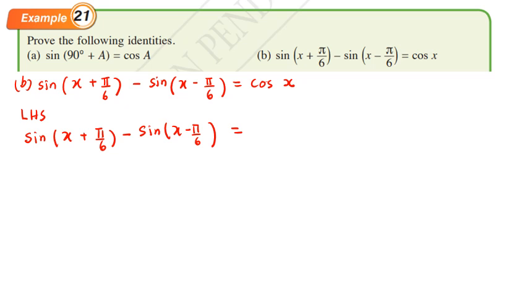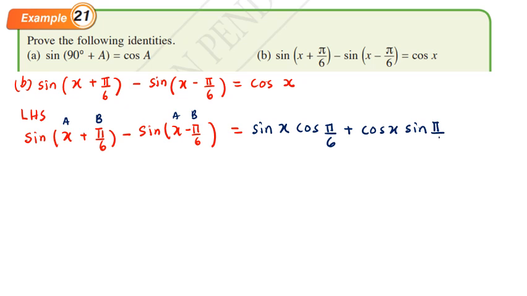Okay, tengok one by one. So teacher nak you all denote this one as A and this one as B. Okay, so this one is also A, this one is also B. So refer to your formula, page 215 from textbook, sin(A + B). So this one kita kena open the bracket. So for this part only, teacher letak warna biru, dia akan jadi sin x cos pi over 6 plus cos x sin